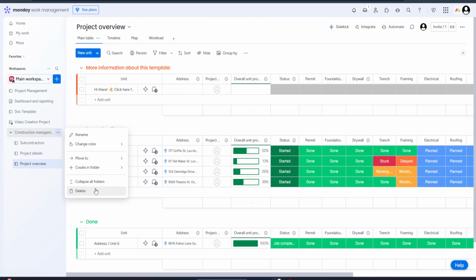Now, it's time to select the delete option you've spotted. Before clicking, double check that this is definitely the board you're looking to remove. It's a good practice because undoing deletions can sometimes require administrative support or might not always be possible, depending on